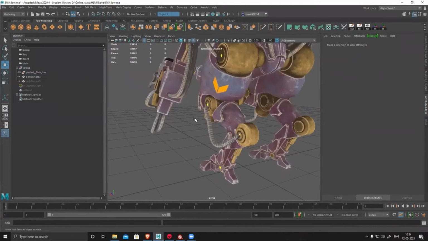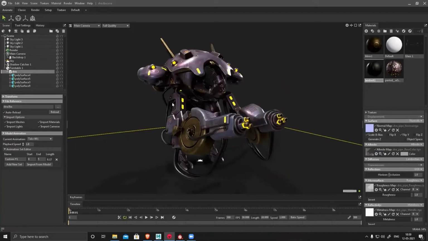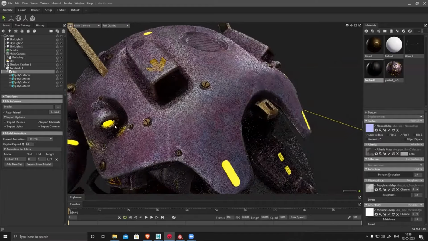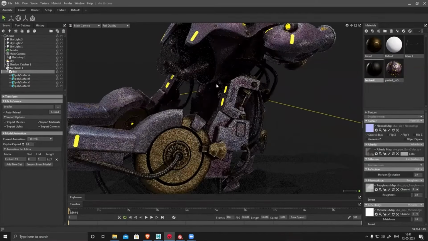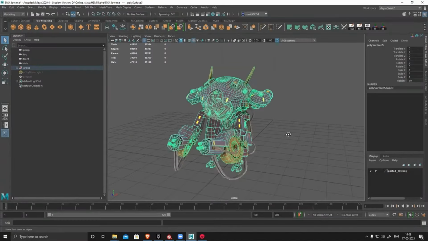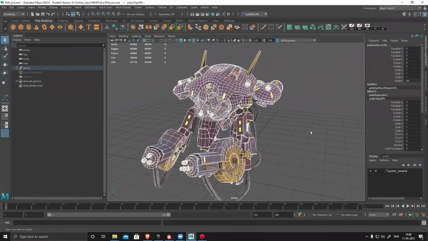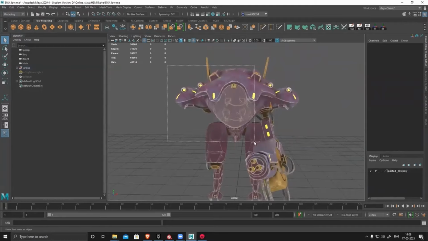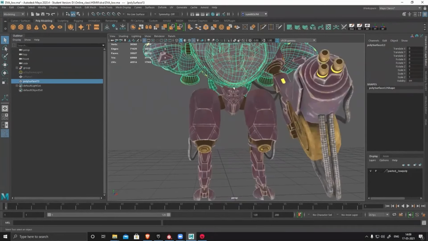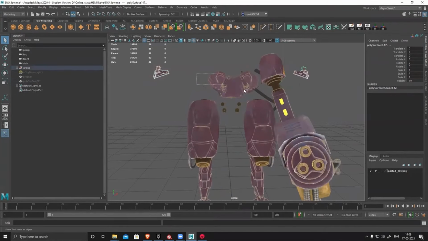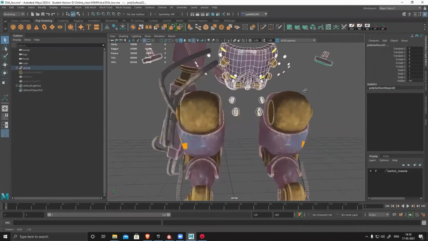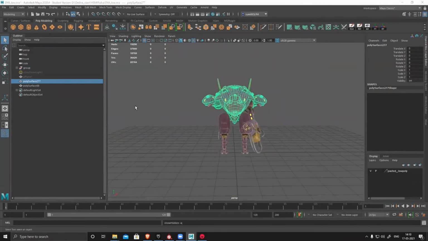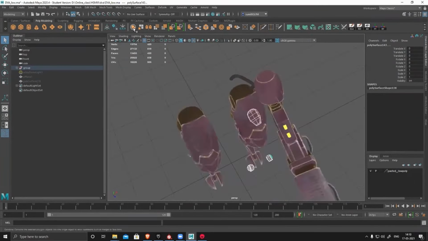So in Maya I imported and checked, then I felt like it's missing a couple of things. It doesn't look very nice. So what I did, I added all those pipes and those nuts also. All those nuts I previously painted. Those things were part of the high poly, not in the low poly. So I just added those things in the low poly also, just to make it look more dynamic and nicer basically.